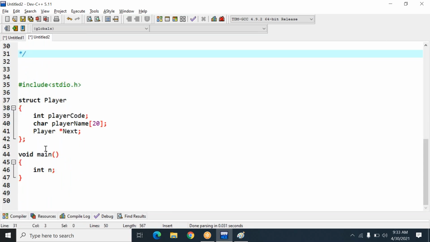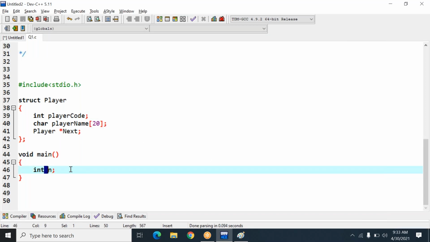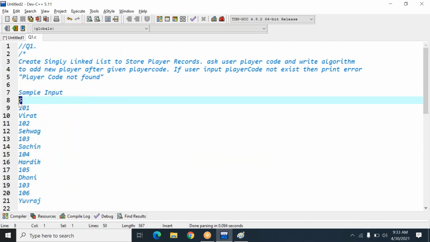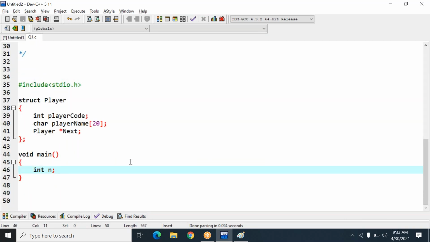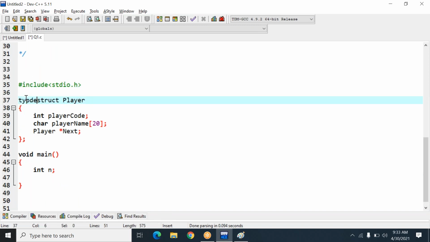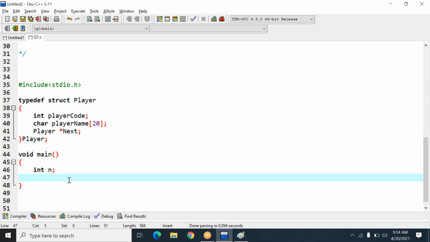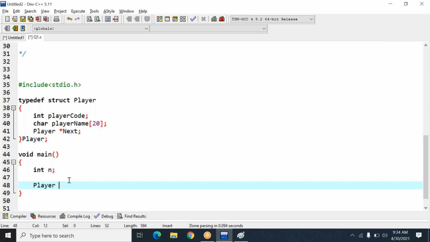Okay, so this is the question, but I keep this as notes, for your reference, as it is. And let's save this question as day 3 question 1, question 1.c. Okay, so I ask the user for n. N is how many records you want to create, correct? And after that, I'm typing the object of the structure player. So here I type typedef, and I type player. And after that we write player star some variables, current,